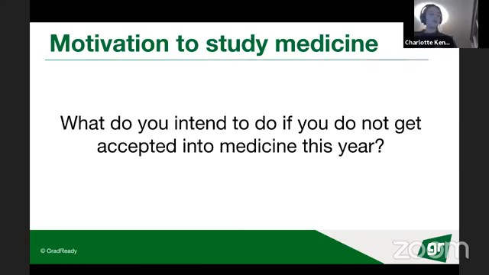So with this one, what do you intend to do if you do not get accepted into medicine this year? This is a hard question, and they ask it a lot apparently. I did this same talk with Elliot earlier in the week, and he was like, yeah, they asked me this at my interview and then I didn't get in, and he was like, oh, well, at least you had a plan then. Yeah, and I think it's important to recognize that they ask this of everyone. It doesn't necessarily mean that you've flunked your interview,